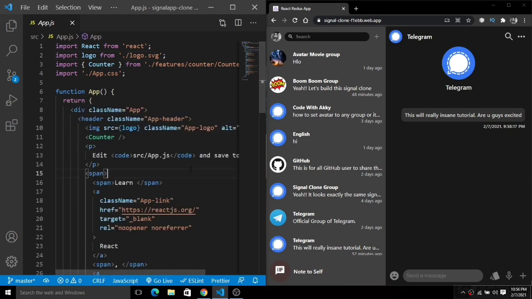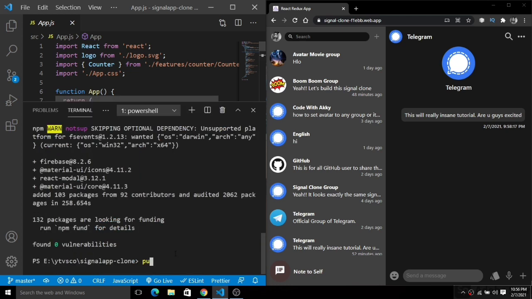Okay, so now I'm going to show you exactly how we start the React application. So I'm going to simply open the terminal one more time. Inside of this terminal you have to simply fire the command npm start, and it will start your React application inside your browser, where you can simply debug the React application.